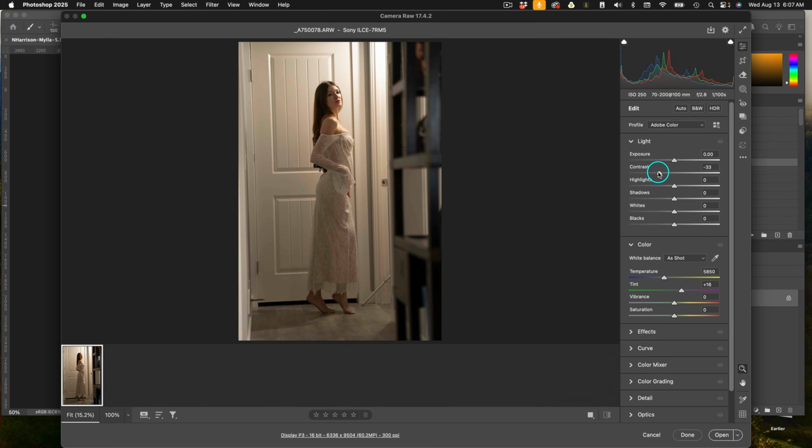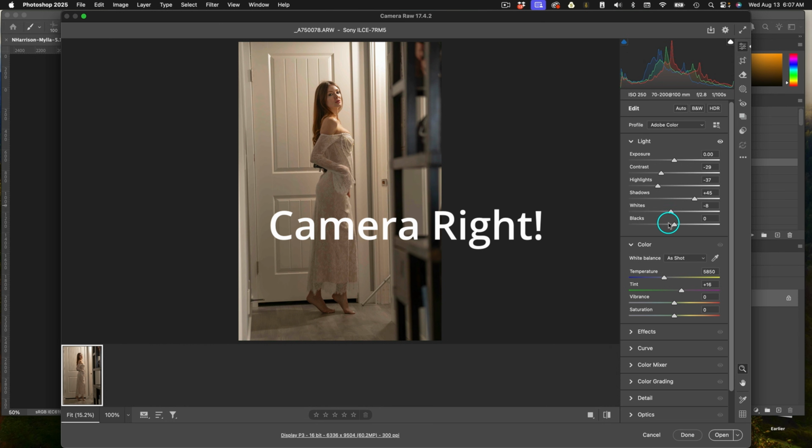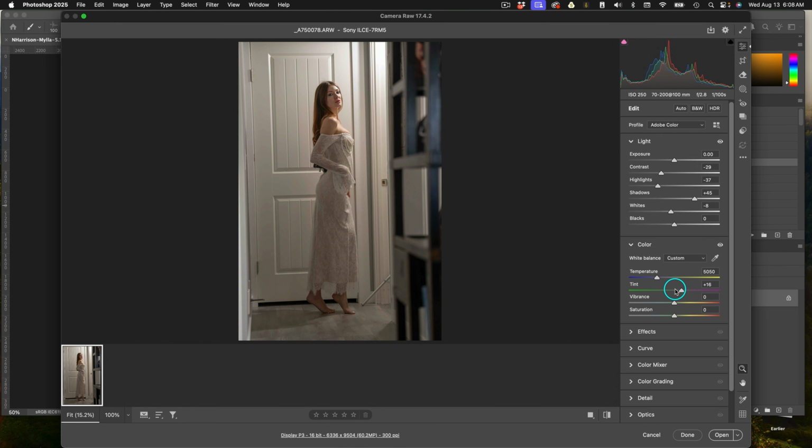Okay, so this is Adobe Camera Raw. So I'm just going to do my basic tweaks here. And I shot this using a continuous light camera left just inside my bedroom. And this is my classic hallway shot where I do this constantly all the time because I don't have a studio anymore. And essentially, all I want to do is bring up the shadows, adjust the coloring a little bit,